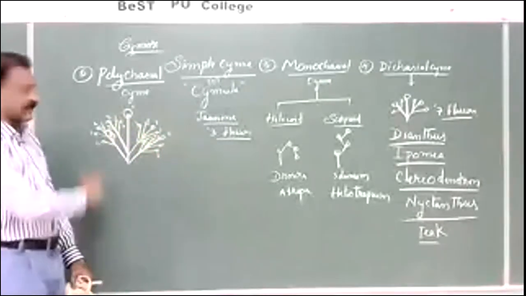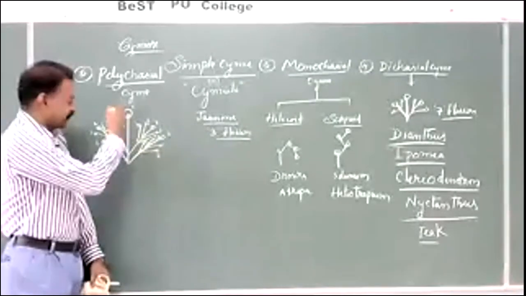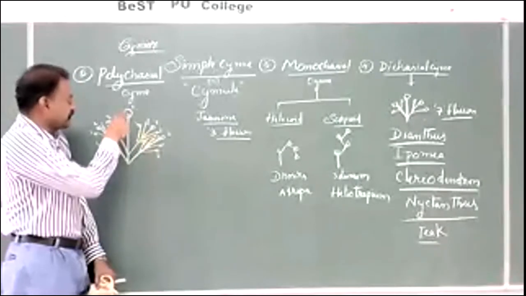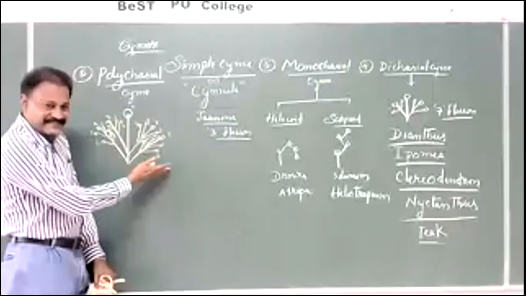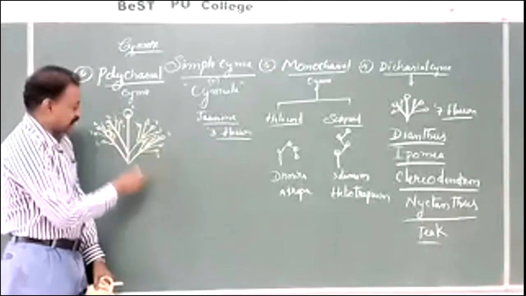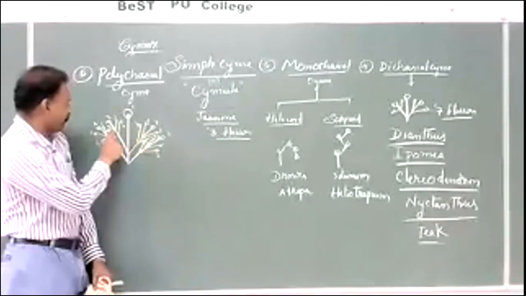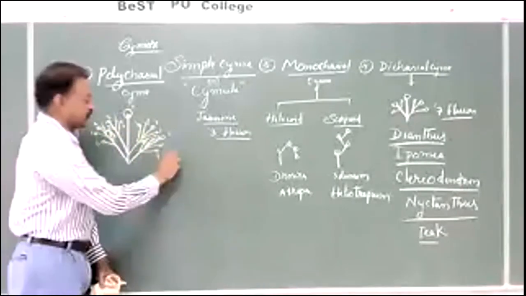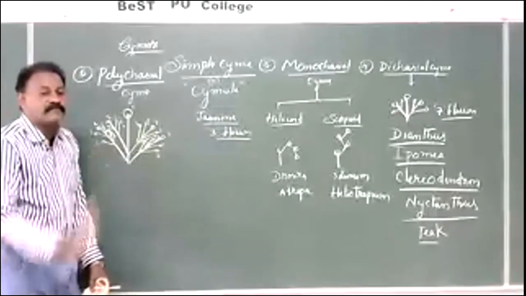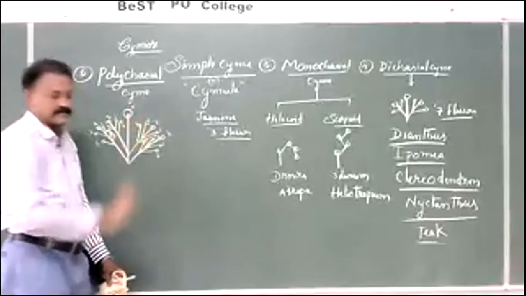So here yesterday I have given a question. For example, this is the main axis, remaining all are branches. For example, this branch constitutes 5 flowers: 1, 2, 3, 4, 5. Here 5, 5, 5, 4 5s are 20. If a plant has 20 branches, how many flowers are there? 20 flowers plus 1 flower, 21 flowers.